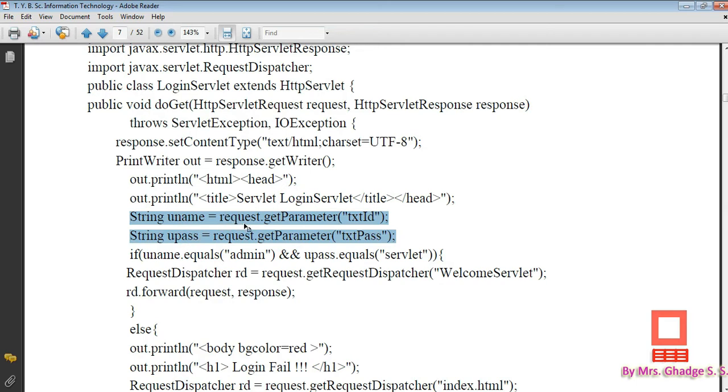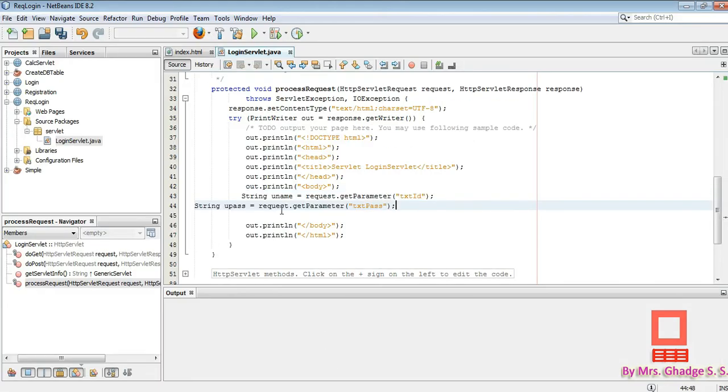So uname is equal to request dot get parameter txt id. So whatever data we entered into the text field is retrieved and stored into the uname variable. Then next is the upass. So upass will store the password that we have entered in our HTML form. Okay, so just copy it. So here we have two variables.